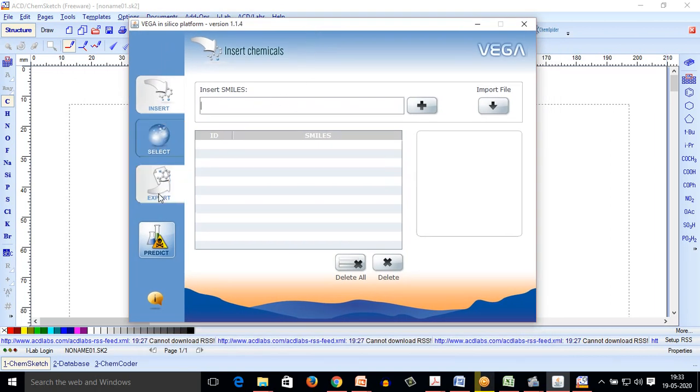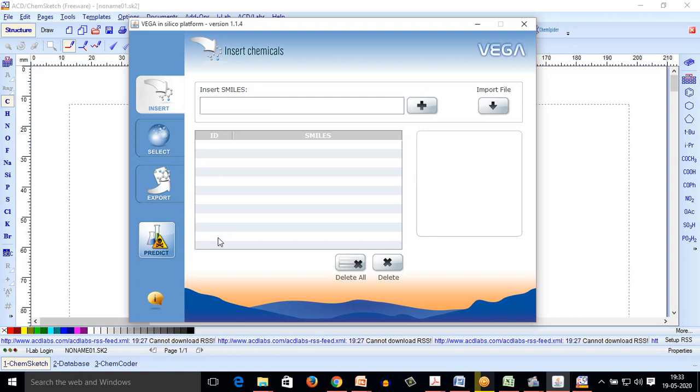Here you can see that the left portion includes the insert tab, select tab and export tab, which is further accompanied by the predict tab. The insert tab includes the insert SMILES section, where we will have to insert the SMILES so that the structure of the desired compound is generated.